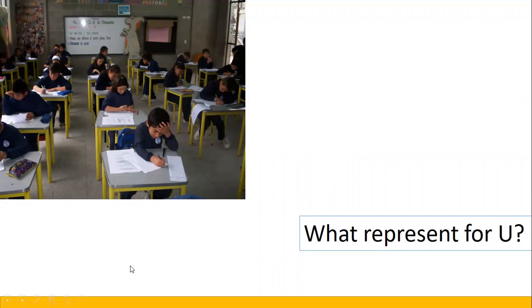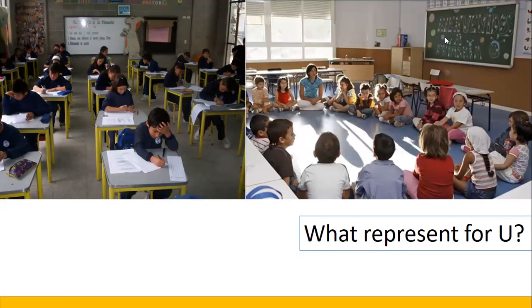And look at the second picture. It's a completely different stage. They aren't making lines. They are sitting on the floor. And also they are interacting with each other. They look comfortable sitting on the floor. So teacher, what is the best option? Picture 1 or picture number 2?